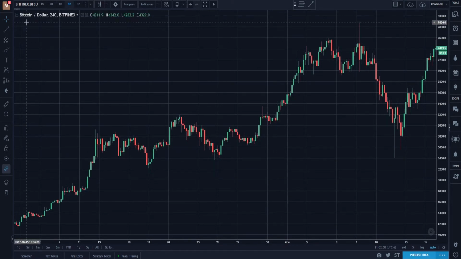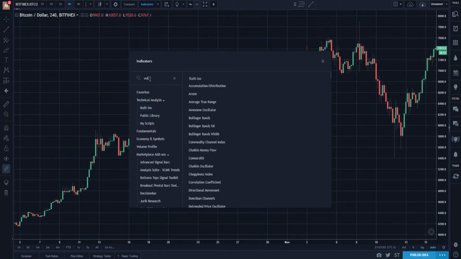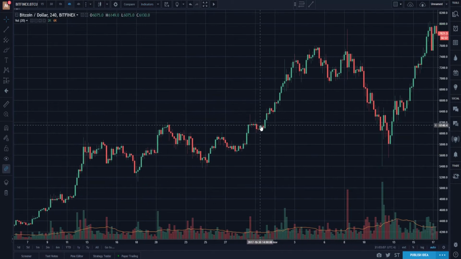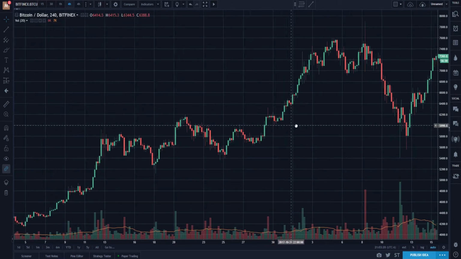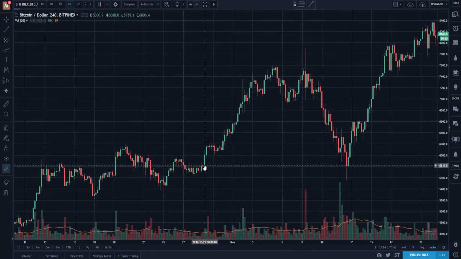So let me get volume up here for you guys so that we can see how volume affects resistance. And here we can see that as soon as it broke this resistance, we've got a massive, well, not massive, but relatively big increase in volume, which then pushes the price action up. All right, so now we can use this area down here